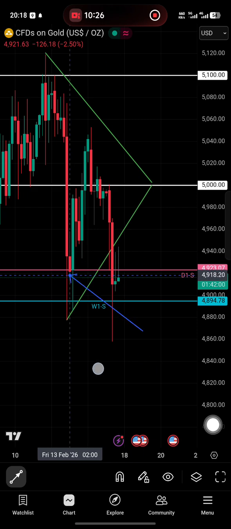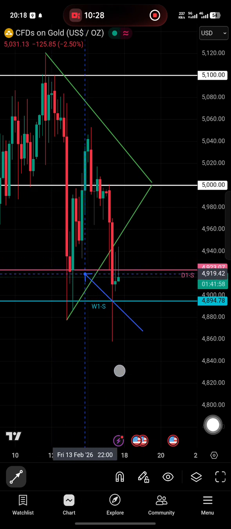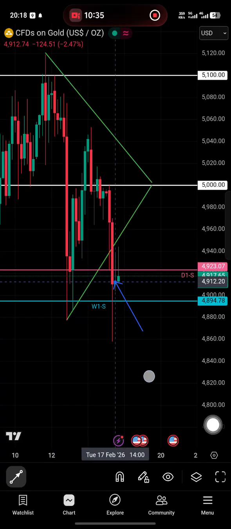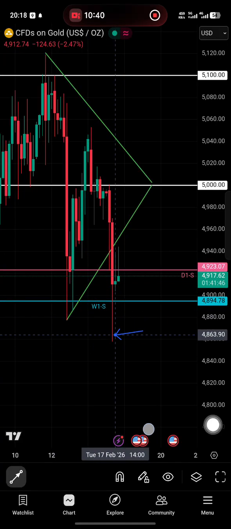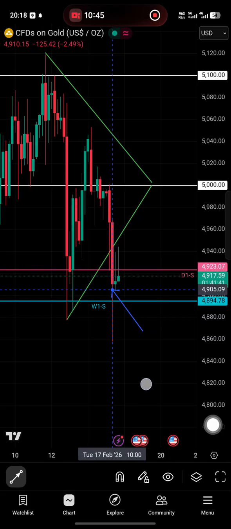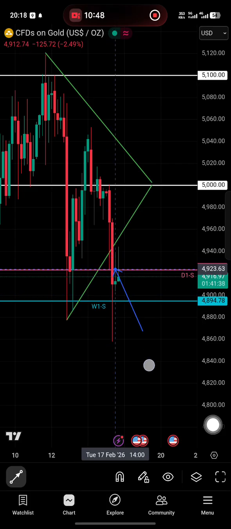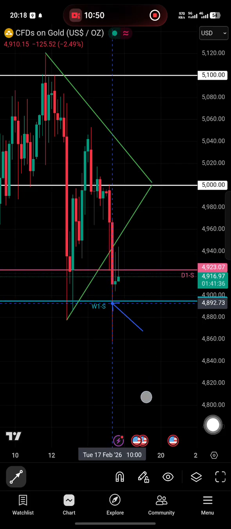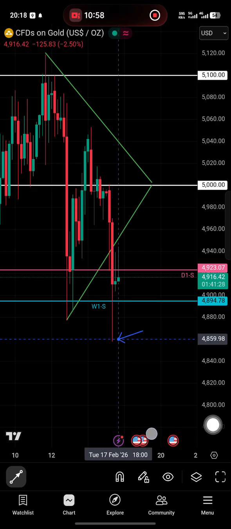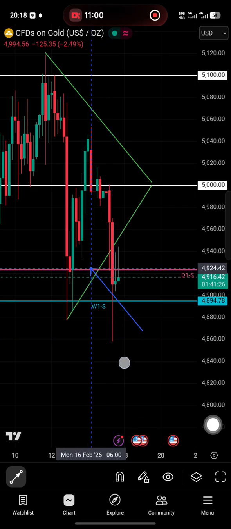the candle descent not only accumulates buy volumes at this support, but also went down all the way to accumulate buyers at the weak support, because the weekly support is over here, and upon touching the weekly support, the candle then dumped down even more, instead of just dumping to take out buy volumes and then pulling back up. But no, it dumped all the way down to touch the weekly support before dumping again, creating a low week of 4858 approximately, and then started pulling back up, which means